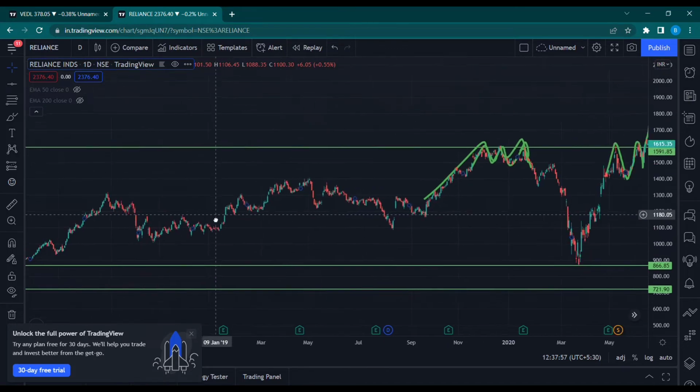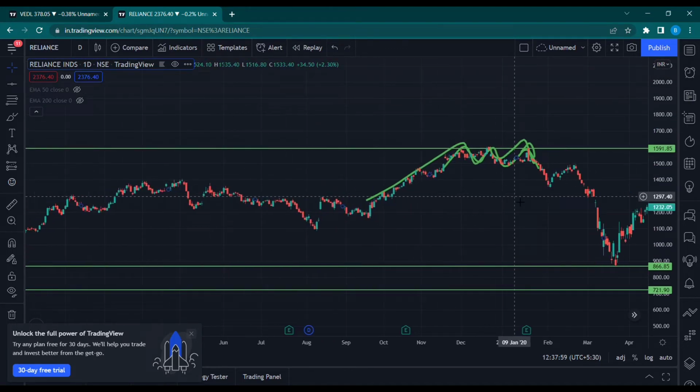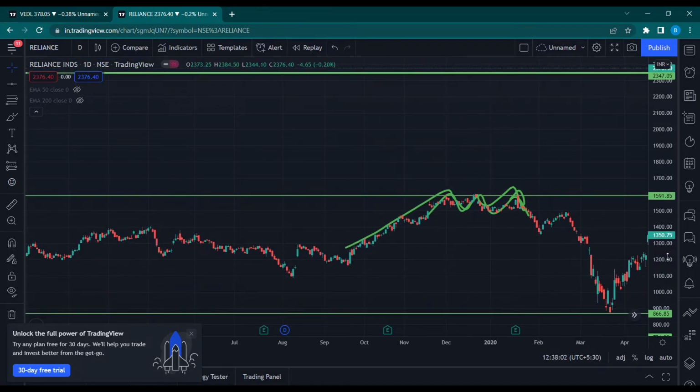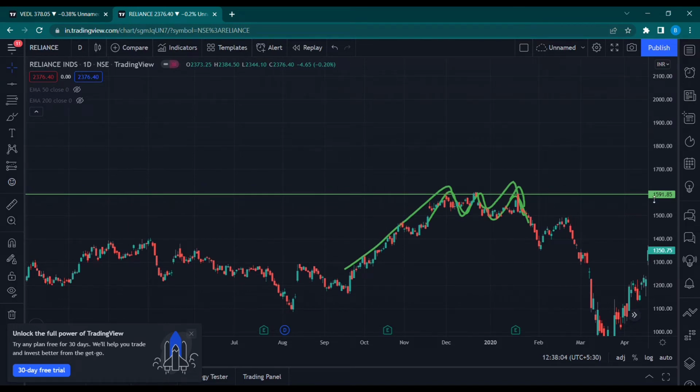Just a second. So as you see, whenever the Reliance price reaches 1591, a good number of sellers become active. They feel that Reliance has moved up a lot, and now it should not go up, or maybe there is not much room left for it to go up. They can have a very different outlook or perspective. They are just bearish on it, so they don't feel that Reliance will go up from this level.